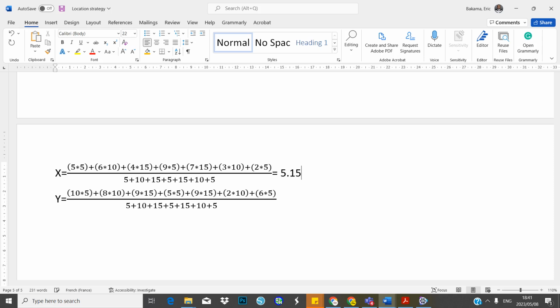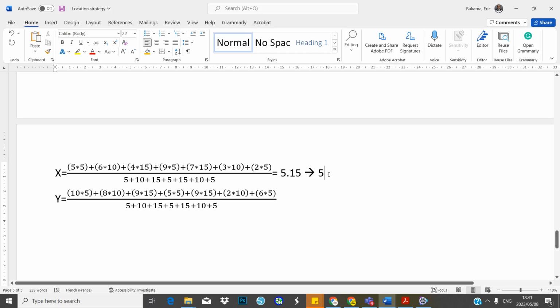I just want a whole number for this one particularly. So what I'll just do, I'll just write 5. I'll take 1 decimal, but depending on the instruction of which assessment you're doing, if you are told to use 2 decimal places, 3 decimal places, you will use that one. So in this case, we still do the same thing here. So I will have